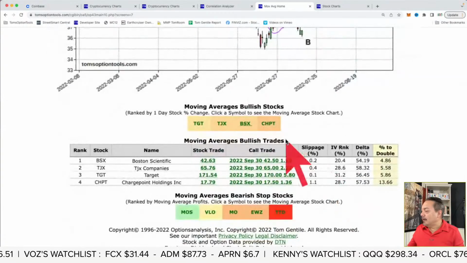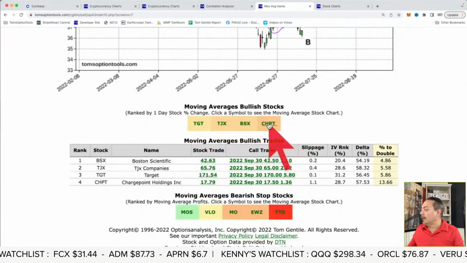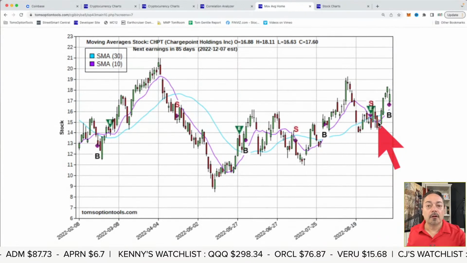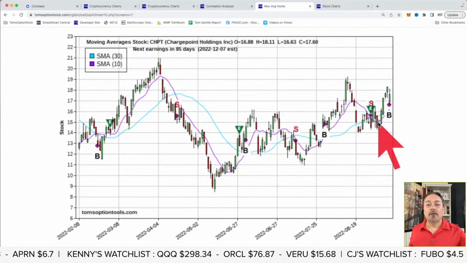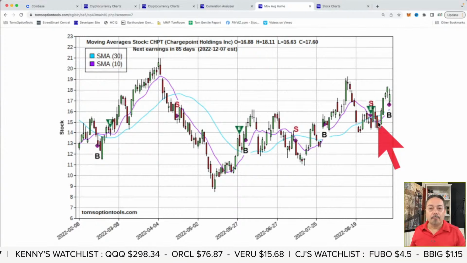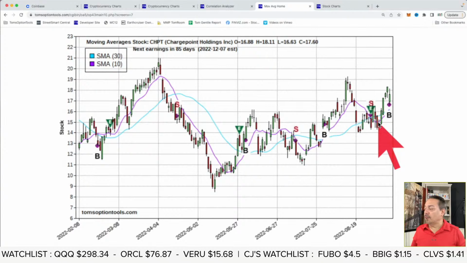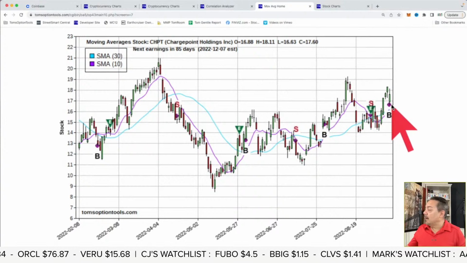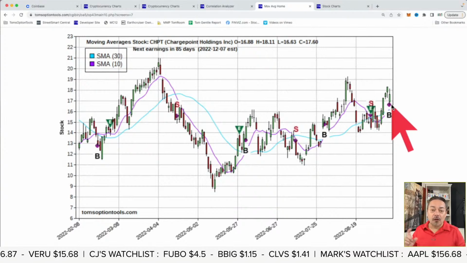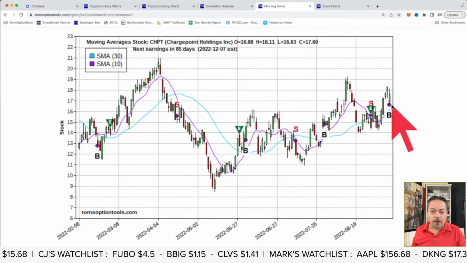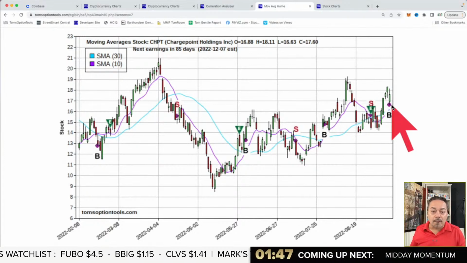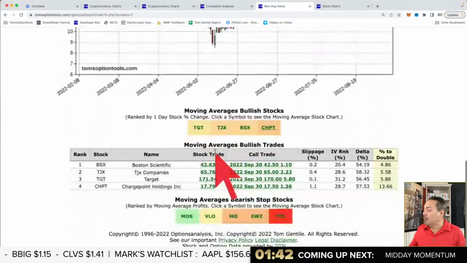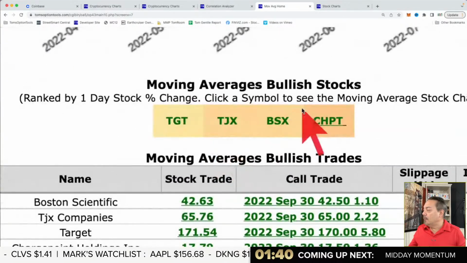And then finally, I've got ChargePoint Holdings. And ChargePoint Holdings, obviously, we know what they do. They put all the charging services up in various places. I know there's charge points down by the mall close to where I live. There's charge points on Main Street close to where I live. And ChargePoint got a buy signal today. But again, it's just based on if we were just using the first two lines of code. We've got to go in, folks. We've got to do more than just look at these. But I wanted to share those with you and put them on the screen for you right now.